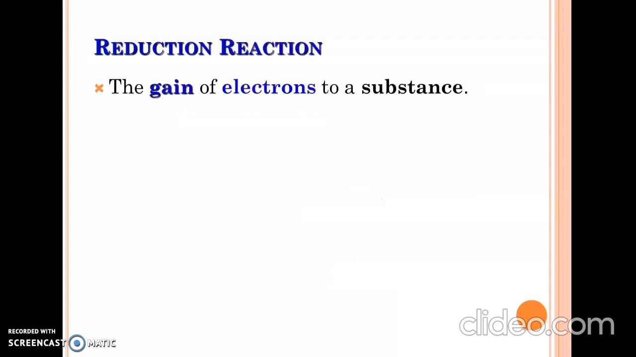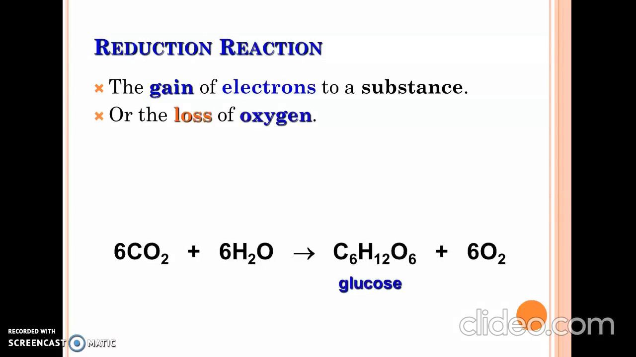And coming to the reduction reaction, so reduction reaction is nothing but the gain of electrons to the substances or loss of oxygen. So here the reduction reaction takes place in carbon dioxide. The carbon dioxide is reduced to glucose. So here you can find the oxygen molecule is lost, and here the H, that is the hydrogen ion, is